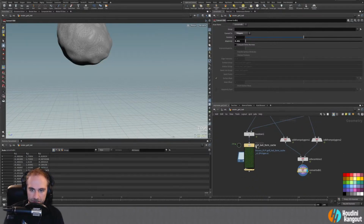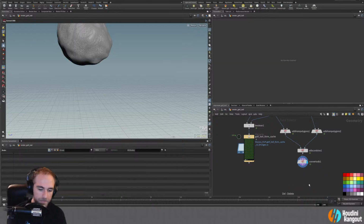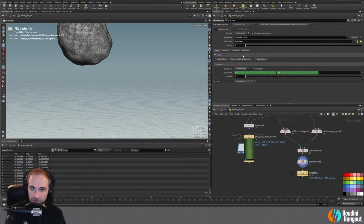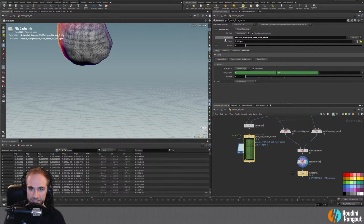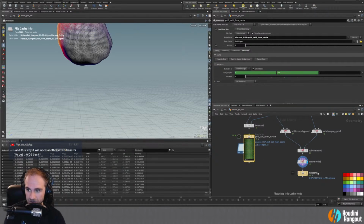And if we do, let's just do this. Oh, no, I'm not going to do that. One little note as well with these file caches: under the advanced, under the save, there is a thing in here that says harden base name on save. When you save, it actually writes this name out as a string. It gets rid of the $HIPNAME, $OS that it normally has in there. So if you copied this over,